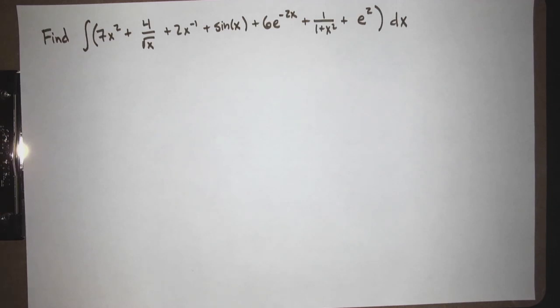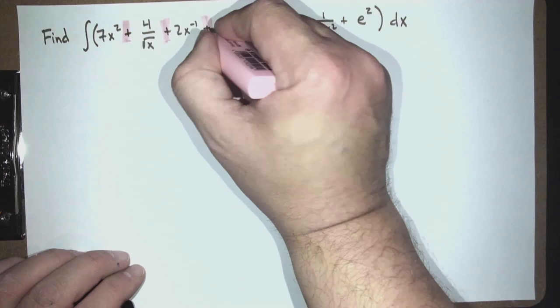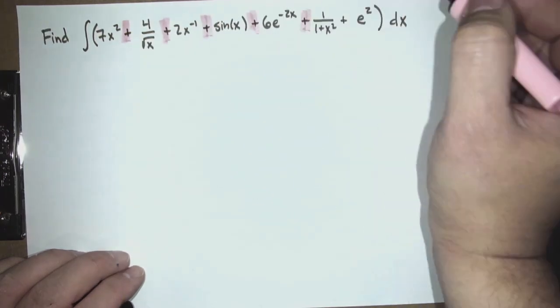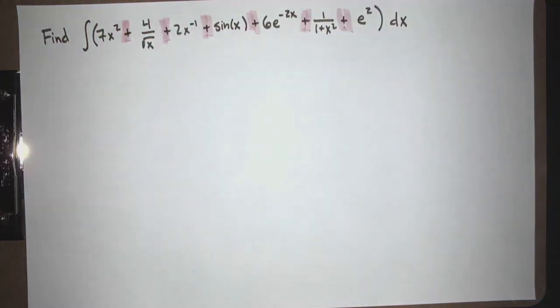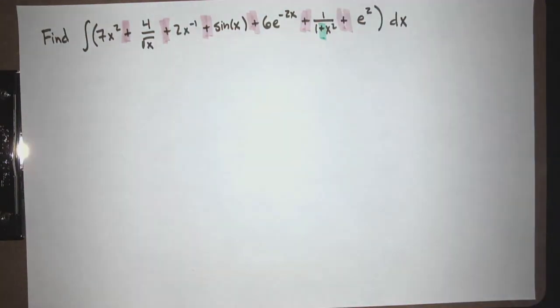Yeah, I heard the word separate, I heard the word pull it apart. See how we have all these plus signs? These are good plus signs. Now you might say, is there a bad plus sign, Steve? Okay, I'll point out there's a bad plus sign. This is a bad plus sign. Why is that a bad plus sign? It's downstairs. Things downstairs are hard to deal with. Things upstairs, woohoo, break it apart. Things downstairs,